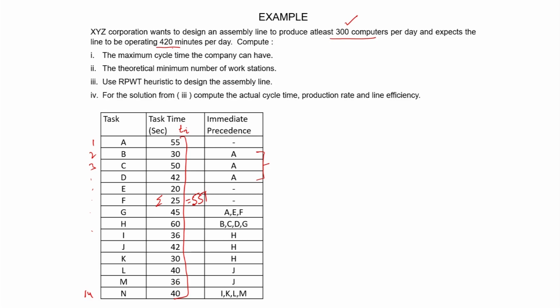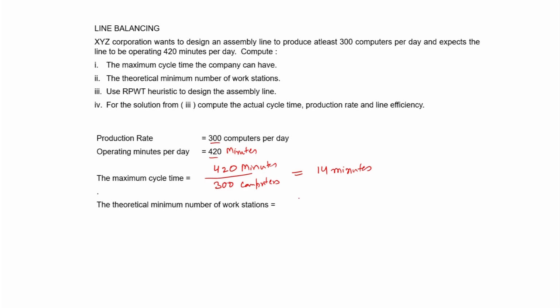The total time is 551. So 551 is the total work content, that is capital T, and we have a cycle time of C. So how many minimum workstations are required? The minimum number of workstations required is 551 divided by 14, and this number is equivalent to